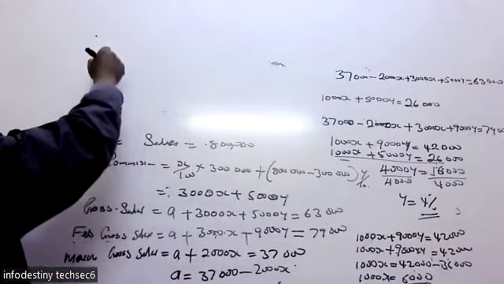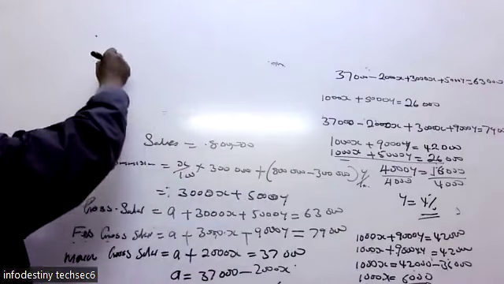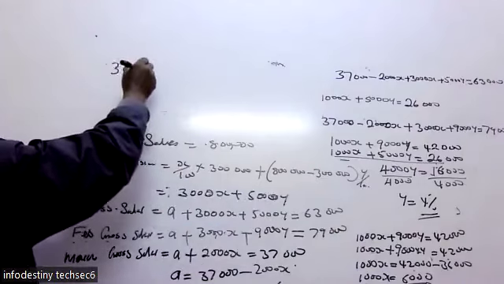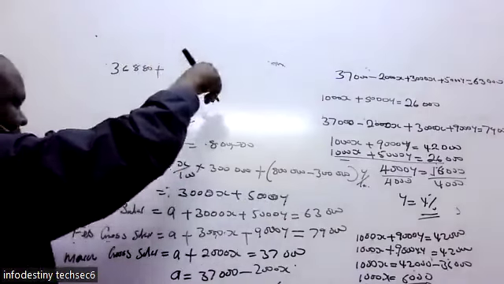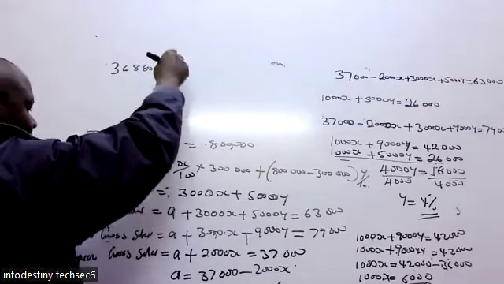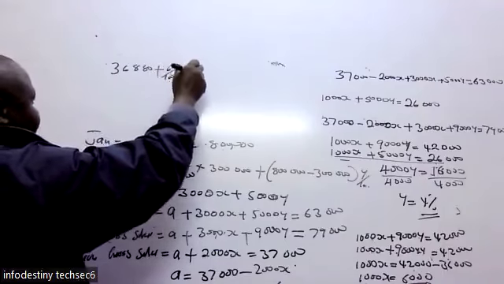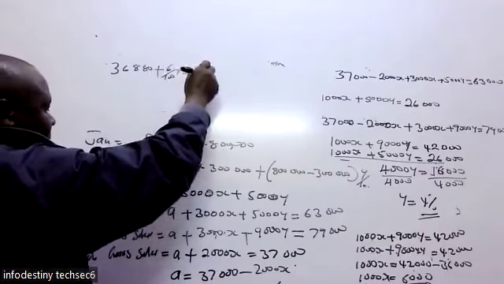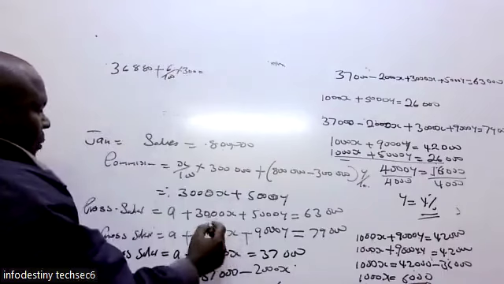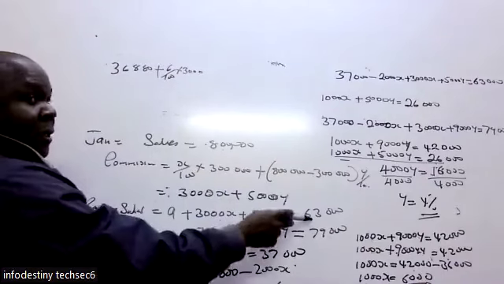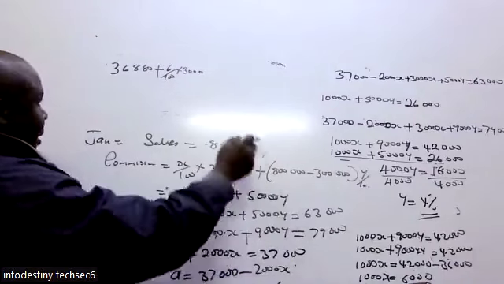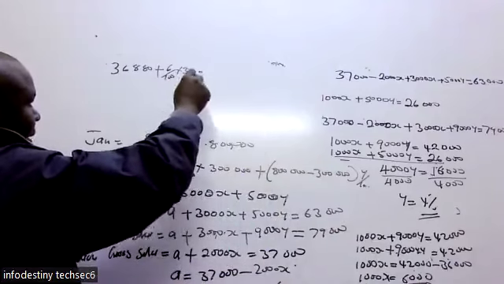So this is going to be 36,880 plus 6 over 100 times 3,000. I want to get this one. I want to get this. So 6 over that times